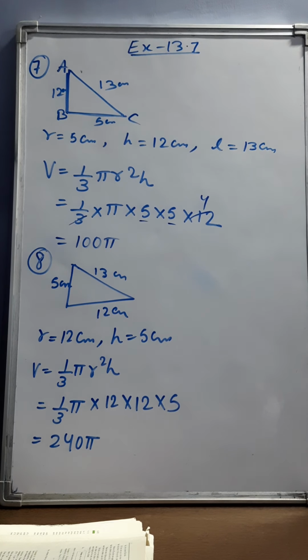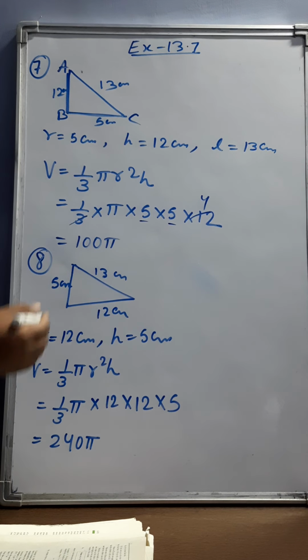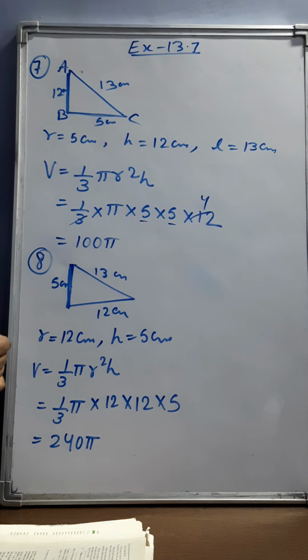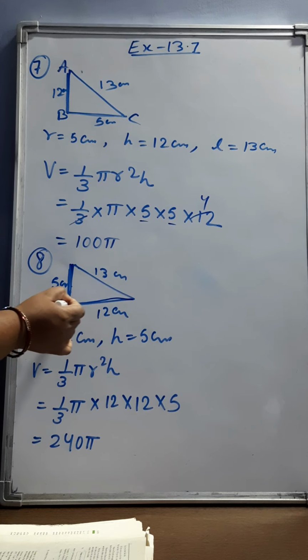Question number 8 says, if the triangle ABC in question number 7 above is revolved about the side 5 centimeter, this means by keeping this side fixed, now we are revolving it by 360 degree. Then find the volume of the solid so obtained. Find also the ratio of the volumes of the two solids obtained in question number 7 and question number 8. If this right angle triangle is revolved about the side 5 centimeter, then clearly this side will behave like height and this 12 centimeter will behave like the base